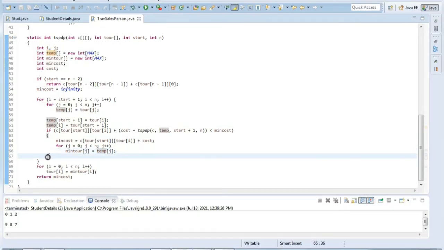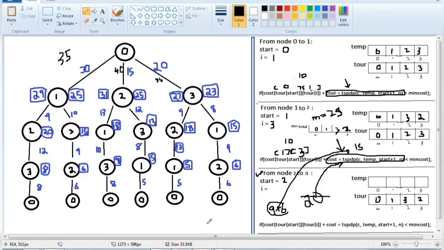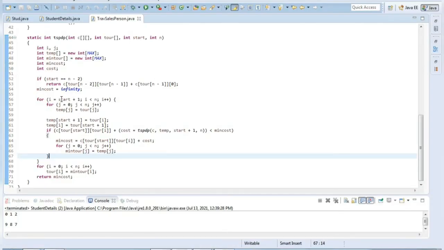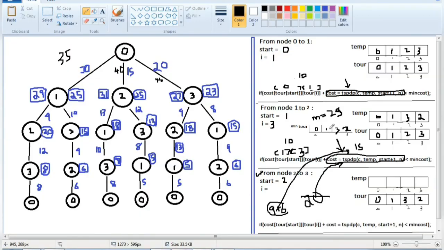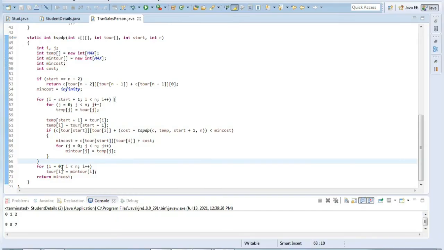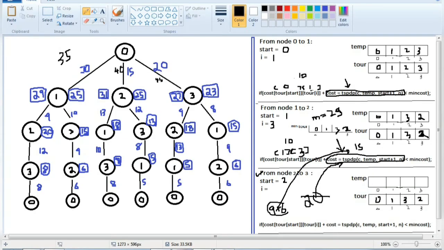Okay, after making this change, after this the for loop will be over. I will increment. What is the value of I? I is 3. I will increment to 4. So when I increments to 4, at that time it will come out of this loop, because I should be less than n. Okay, so it will come out of this loop and it will execute this line of code. In this line of code, tour of I is equal to minimum tour. Minimum tour is the minimum sequence of values here that will be copied to tour. Okay, so tour will become these values. So this will become 3 and this will become 2. Okay, then we'll be returning those values, minimum cost and minimum tour.